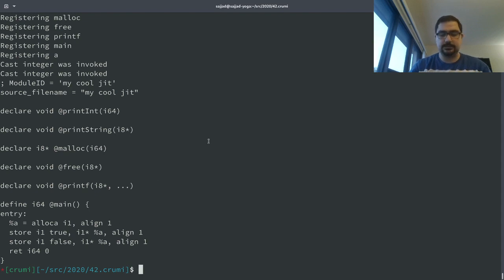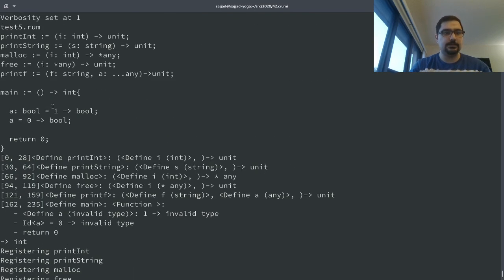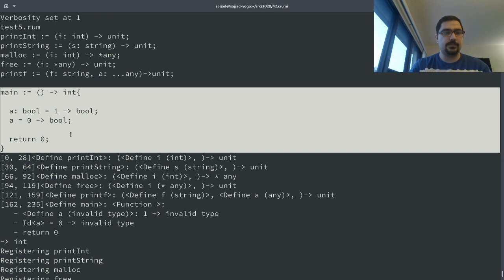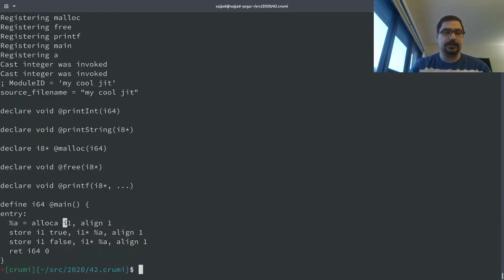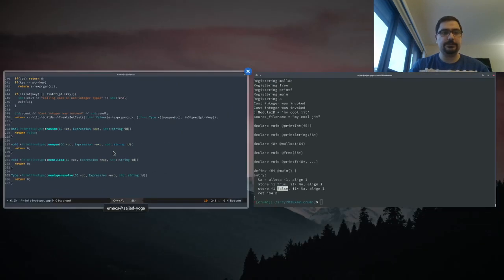So the code that we had, this code, is translated into this one. So we create an alloc of size. We create a point in memory that has a type integer of size 1, and then first we assign true to it, and then we assign false to it. So the code generation is working, and we can try that